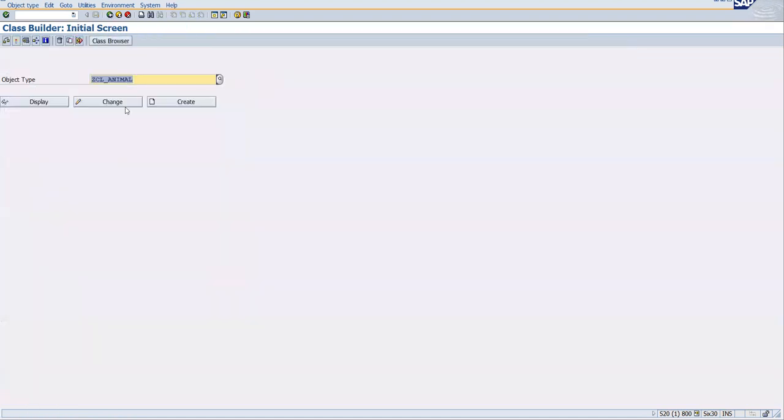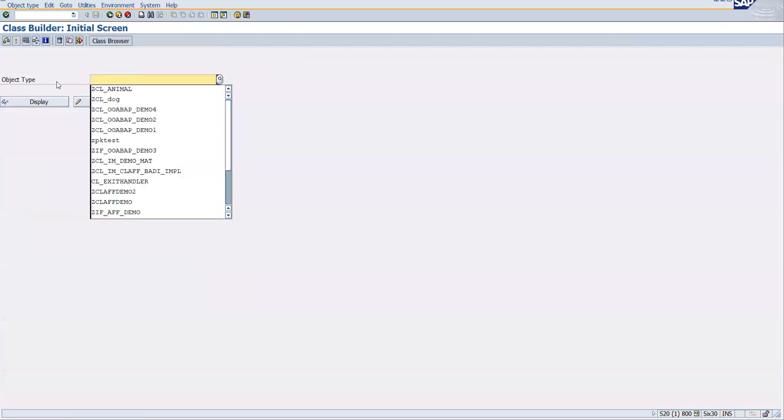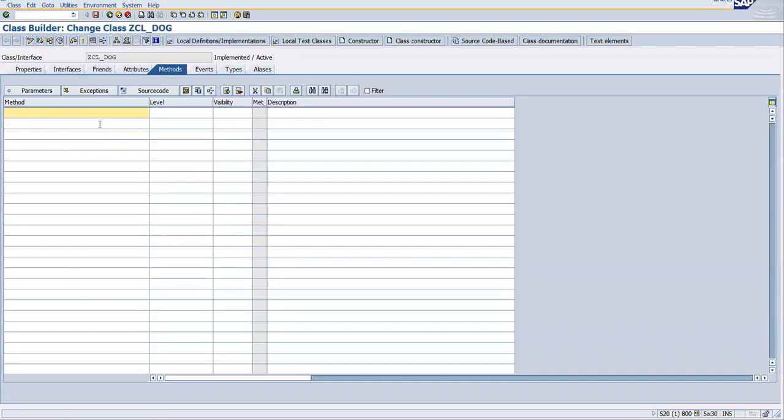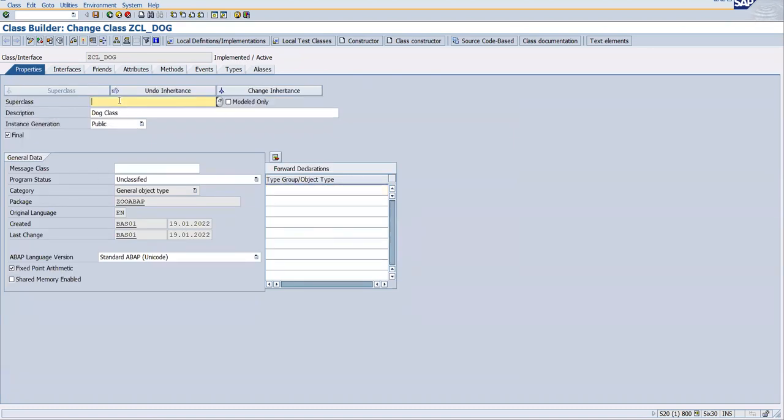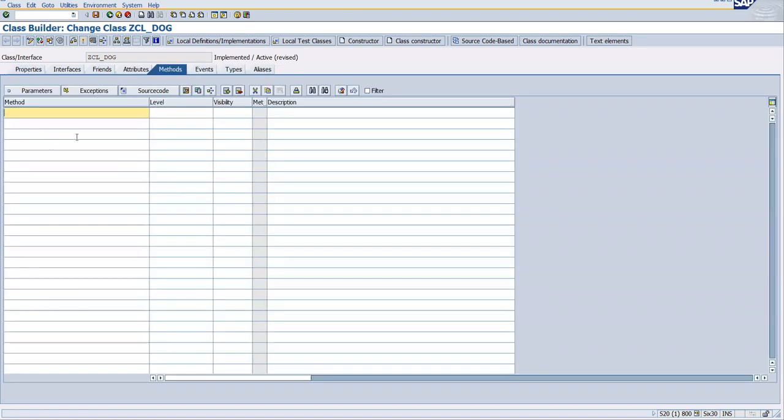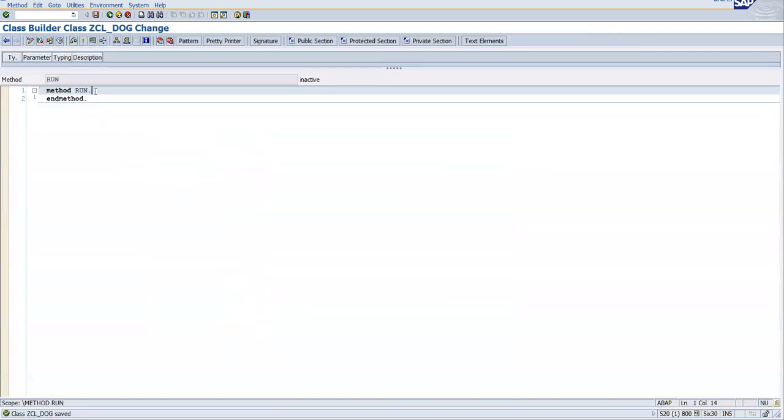Okay. Now ZCL_ANIMAL, come over here into the dog, go into the change mode, go to the properties and super class, and this time it should work fine. Methods, right? Click on the save button. Those two methods are coming, right? And this run, I want to redefine. So if you click on this redefine,